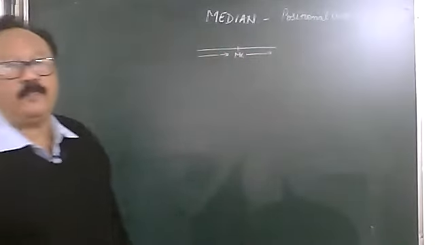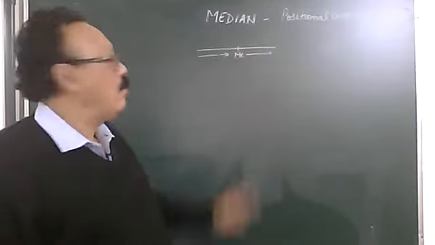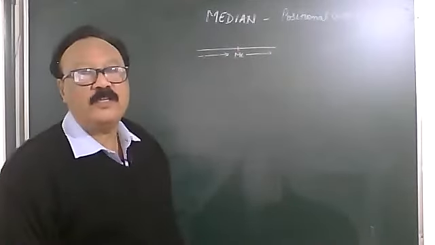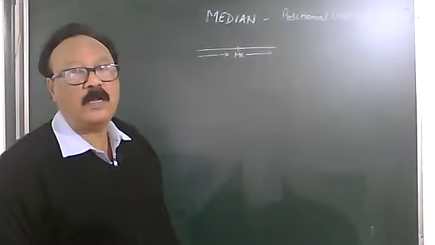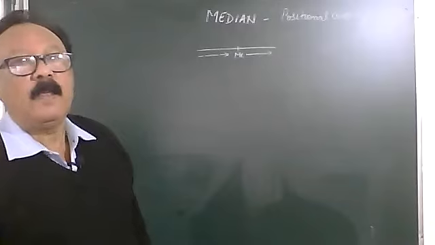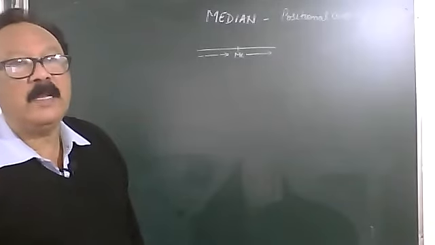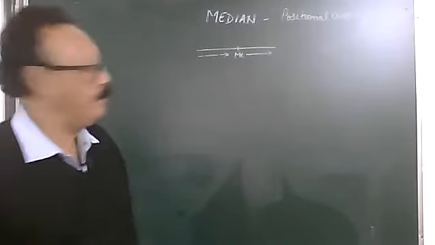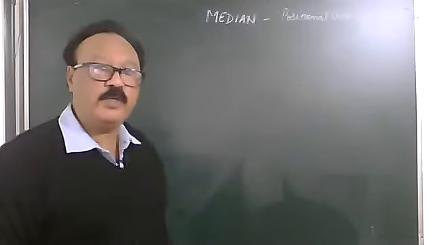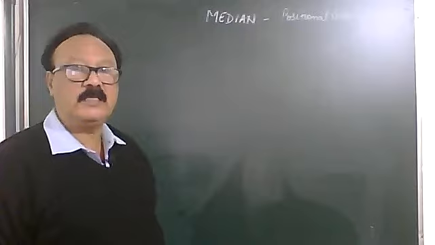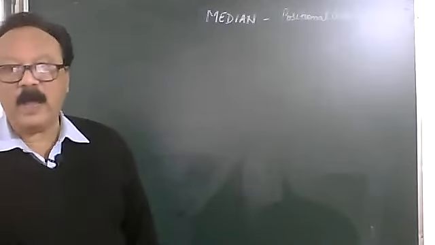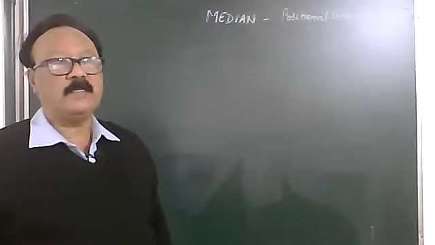Okay, but here, unlike mean, where we added every number to find an average, here all the values are not taken. Here, we place them in an order, in a position, and then we say the median is this position, the central position. There are three series to calculate the median again: the individual series, the discrete series, and the continuous series. So now let us go to an example of what is median.